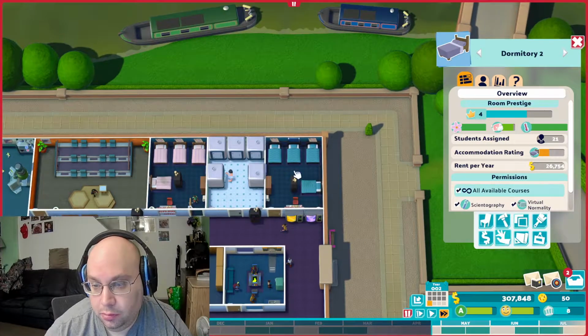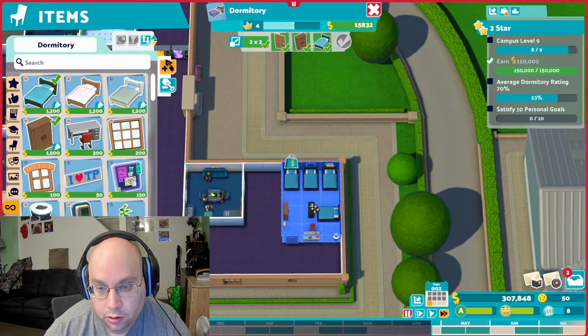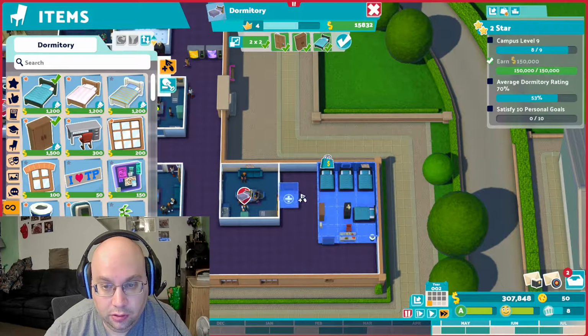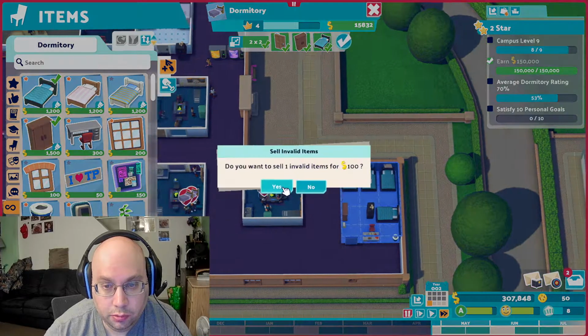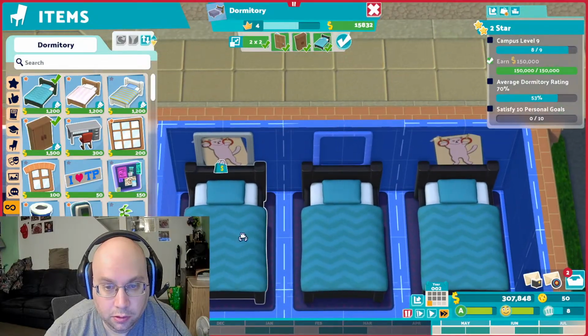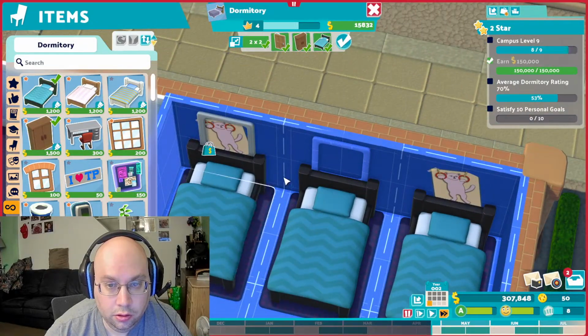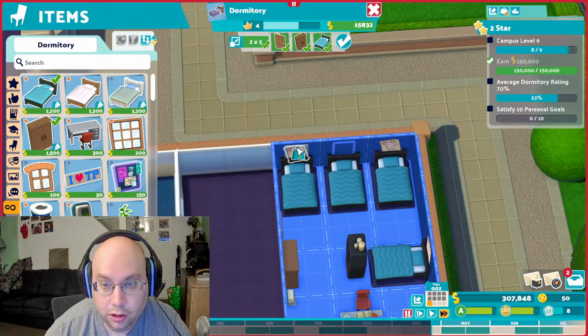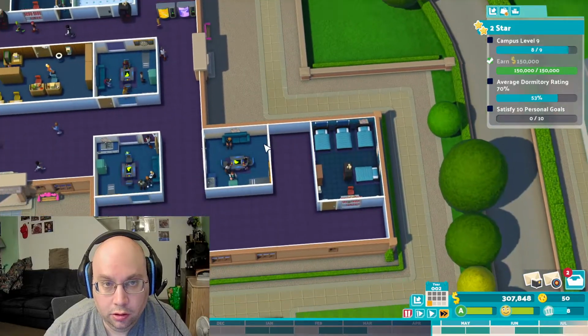Alright, so we're going to pick up the dorm room, move it over here, and as you can see there's still 2 squares, and then there's going to be plenty of room over here. So what we're going to do, no, we don't want to sell the item. Which item? What does it want to sell? Oh, the cat poster, because it's in front of a window. Okay, so if we move that just here for the time being, then we are going to...